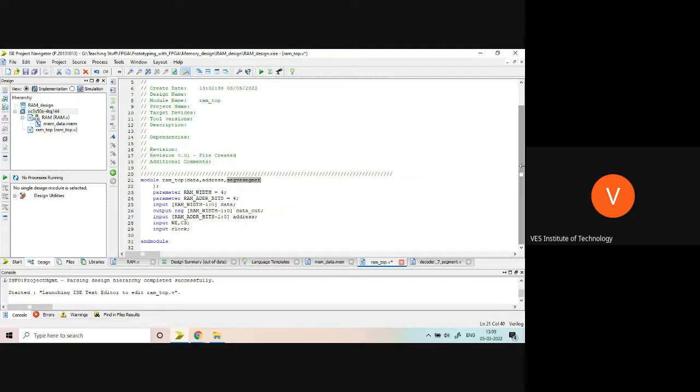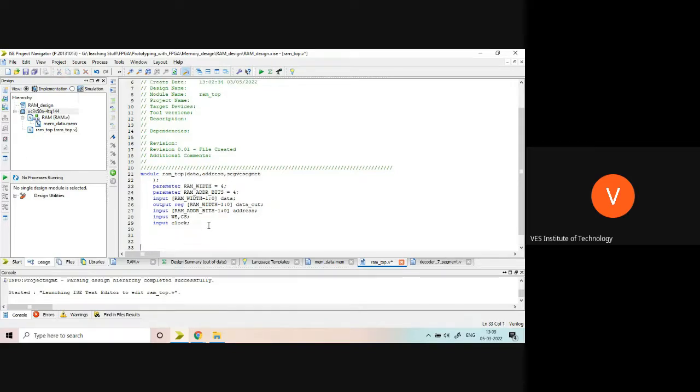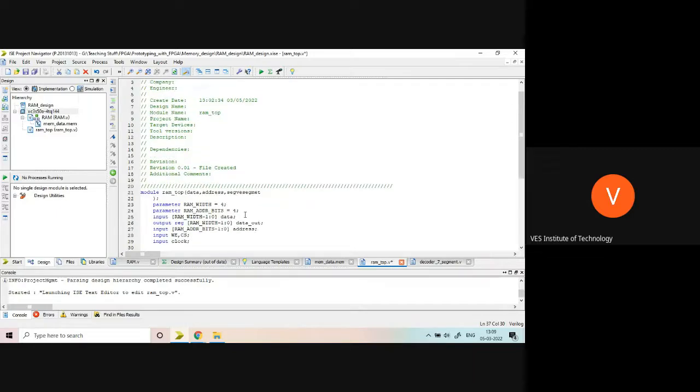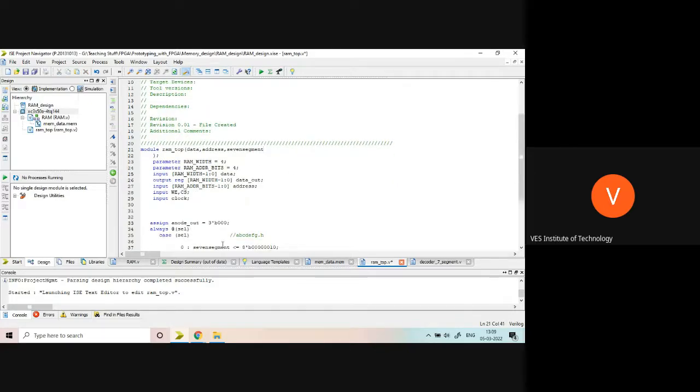See this, I'm writing a 7 segment display. So I can copy the ports from it. So that's why I'm writing here. So I'm having two outputs. This is a 7 segment output. So I will write here. My syntax will not be wrong. That's why I'm copying. And the inputs will be CS and WE. Those two inputs will be there.